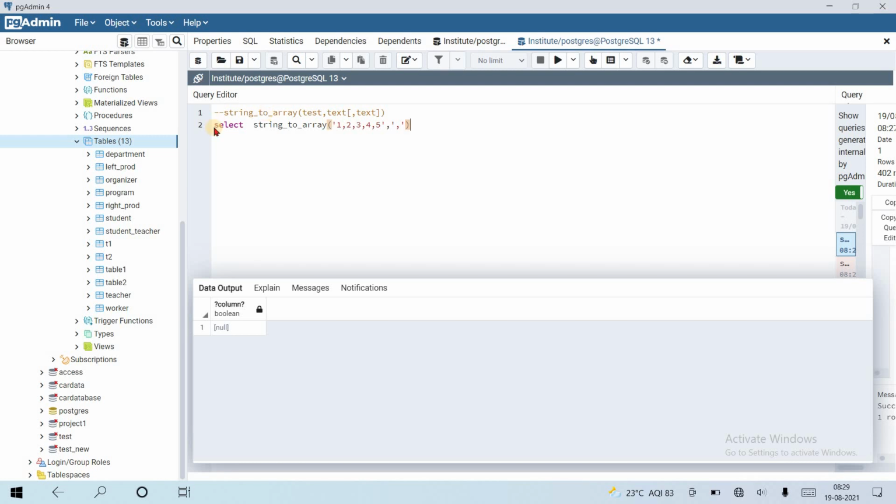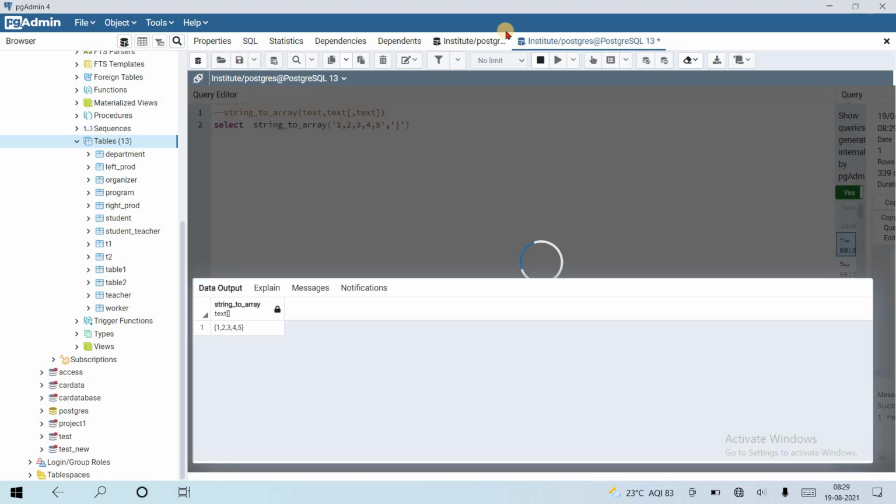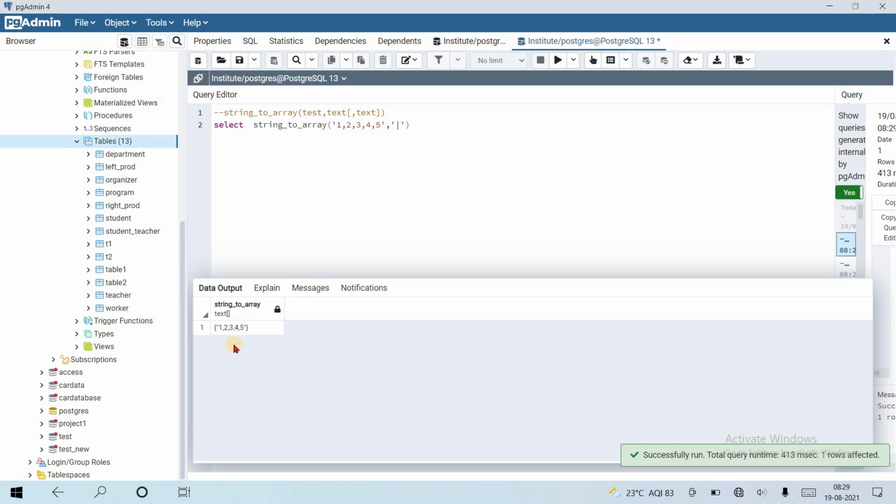If I run this, it will give me values separated with comma. If I make this sign a pipe, let's see, it will return the values in text, and the separator is now also comma.